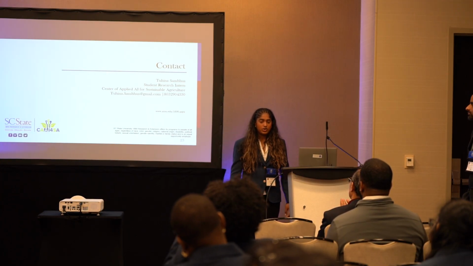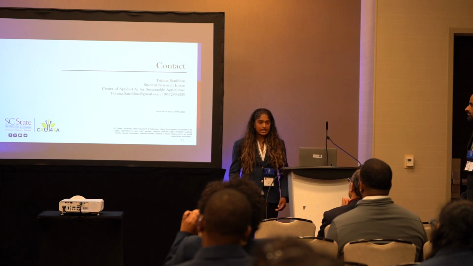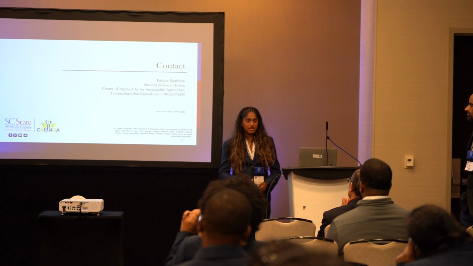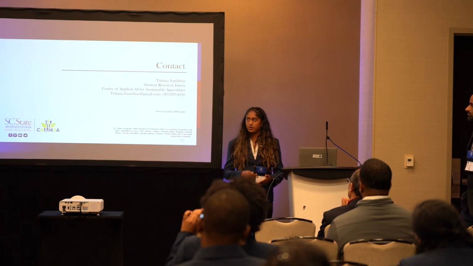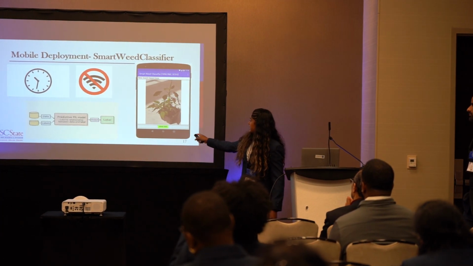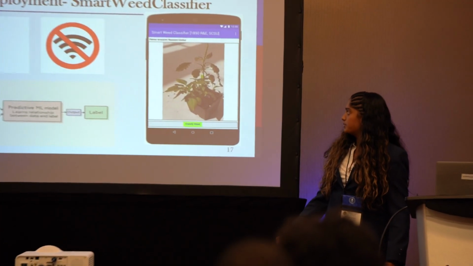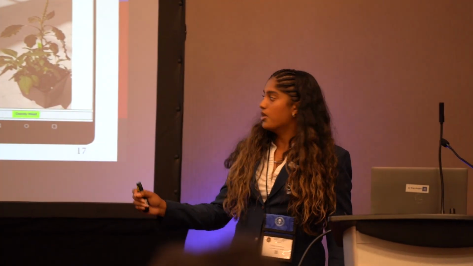So they can go into the field with their mobile device, and then all they do is take a picture of the weed, and then it will show the results in real time. As you can see through this image, this is an actual screenshot from the app. So once they press this classify weed, it will show what kind of weed it is and what kind of herbicide treatment condition is applied to it as well. This gives the